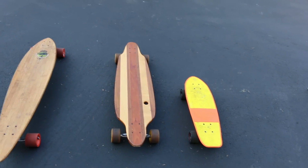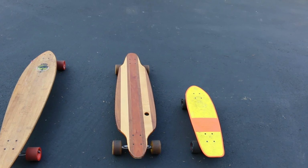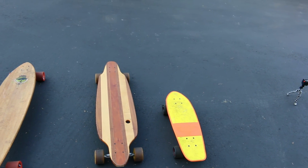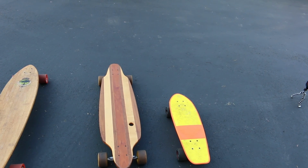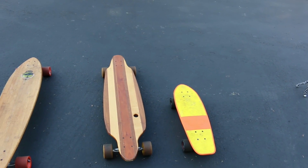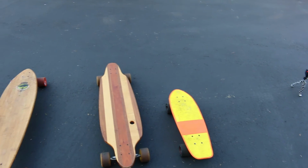So pretty much all you need to know is get a longer board. It has more stability. Get a maple board. Usually Sector 9 does really well with them because they're cheaper, and they're really good beginner boards. Now when you move up to other materials or other lengths or different designs,